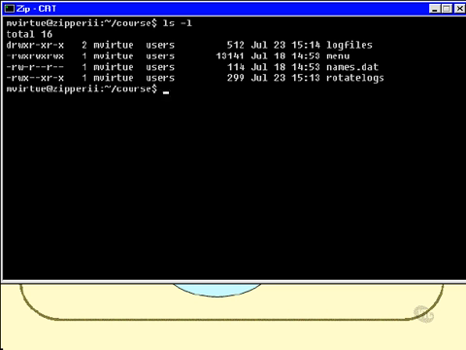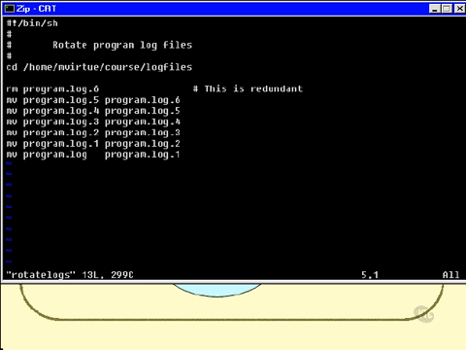To have a look at it, I type in vi rotate logs, and here we are. Now, all these lines here that begin with a hash, I'll come back and tell you at a later time what those hash lines mean, but I'm going to ignore them just for the moment and say that the first actual command in this file is this one: cd into the following directory, into my home directory, into the course